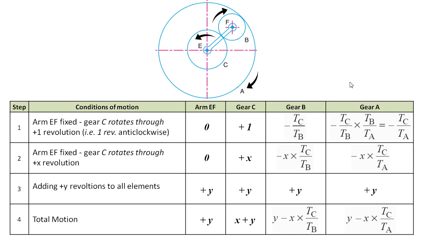Further, now we will use this table, mainly the fourth row of the table, for further calculations. The fourth row is important for us. It gives the relation between the motion of different elements, and hence we are going to substitute the conditions given in the problem into these relations we got in row number 4, and evaluate the unknown parameters. So let us proceed further.